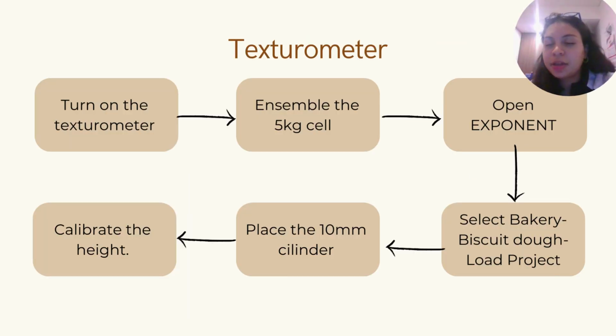To analyze the rheological properties of the dough without yeast, the dough with yeast, and the baked dough, we used the texturometer. First, we turned on the texturometer, we assembled the cell of 5 kilograms, then the software was opened, which is called Exponent. Then it was selected bakery, biscuit dough, and load project. Then the accessory of 10 millimeter cylinder was placed. Then the height was calibrated,